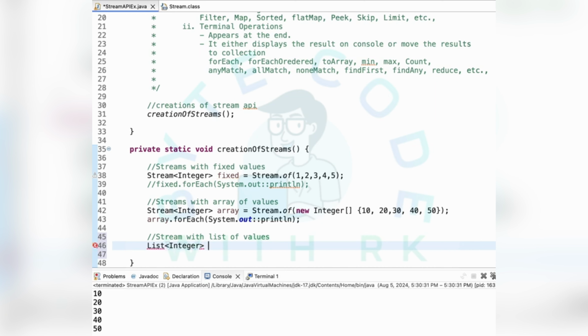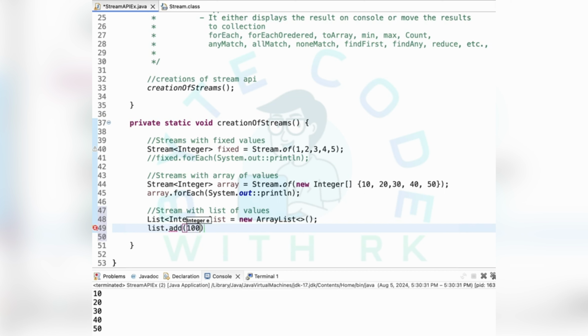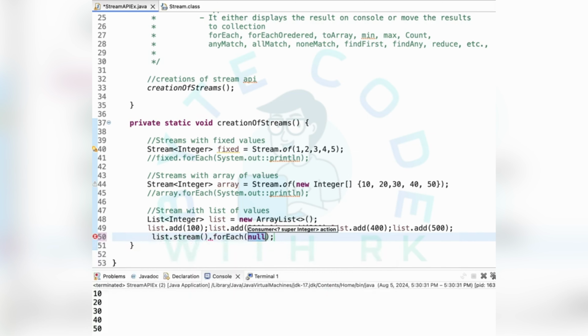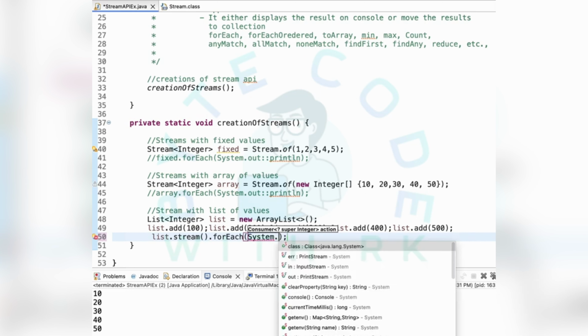Let me create the list first. List of integers equals new ArrayList. Before adding elements, I need to import List and ArrayList. Both are available in the java.util.* package. list.add(100), then 200, I just copied and changed the element, and then 500. To print these elements, I take the list, apply a stream, and then forEach